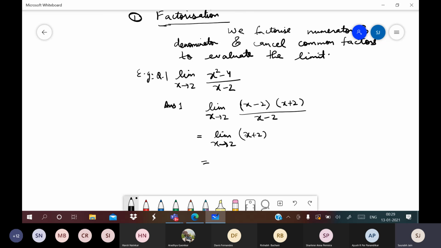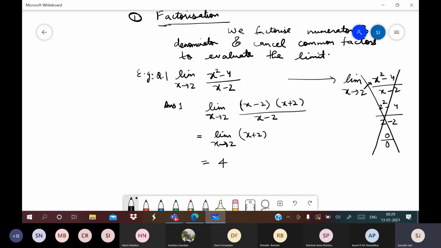You put a value in place of x, a value which is very close to 2. So very close to 2 plus exactly 2, that value will be very close to 4. That is why we say that the limit is 4. But if you put this value directly, which you are not supposed to do, if someone who has no idea about the evaluation of limits simply puts 2 here, what will happen? You will get 0 by 0. Is this the answer? No. This is not even the correct method.